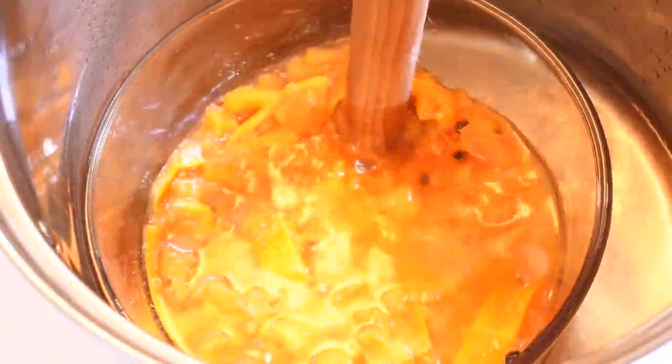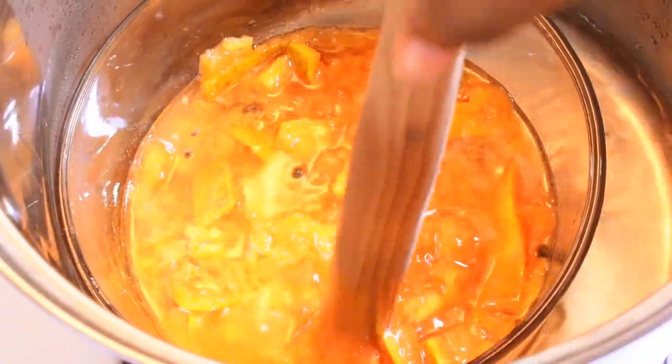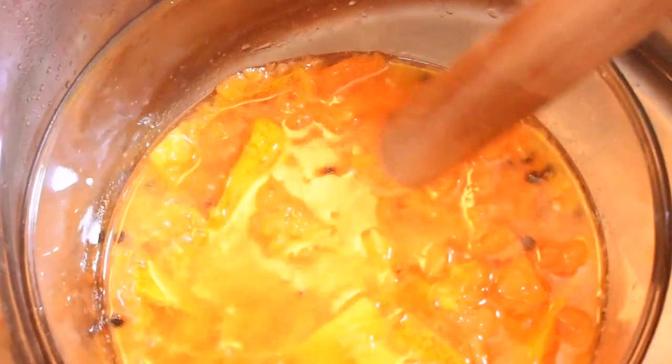Make sure it's very low temperature and that it cooks in due time. Yep, so here I'm just going in and mashing it properly, and after I'm done, I'm going to let it sit for the rest of its time. So we're talking in between. I do this at the 10-minute mark, then I'm going to leave it and cover the pot to complete the remaining